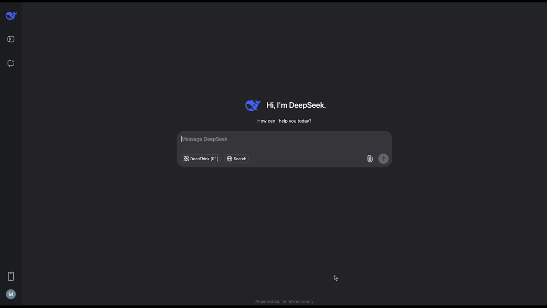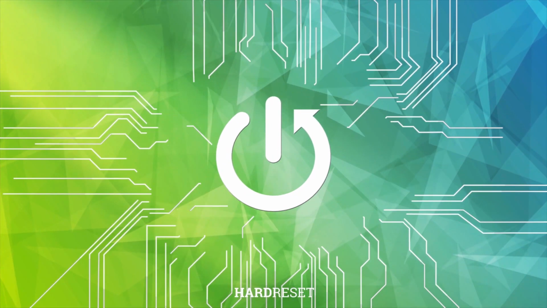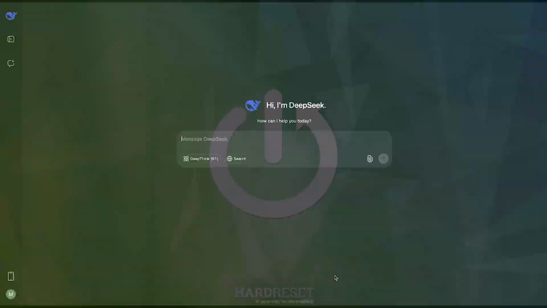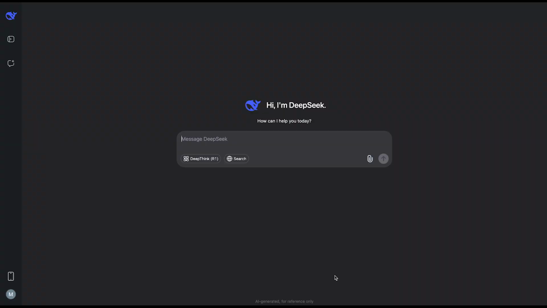JavaScript code with DeepSeek. DeepSeek can create different programming codes, for example JavaScript. So let's ask it about JavaScript now. For example, let's generate